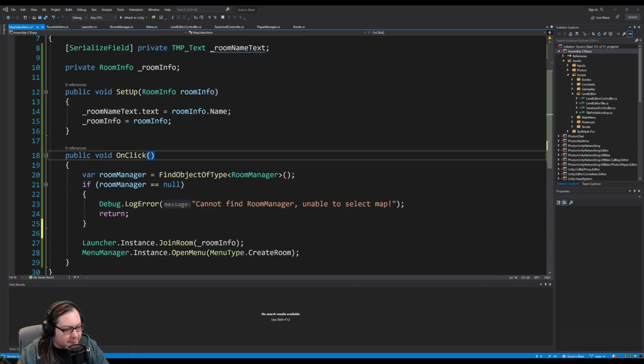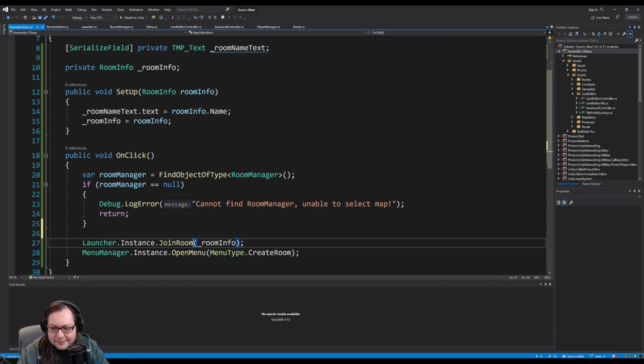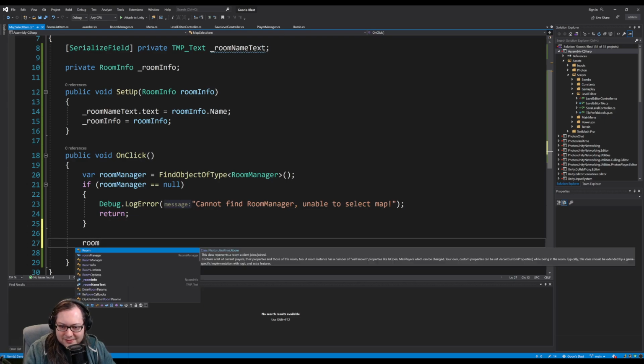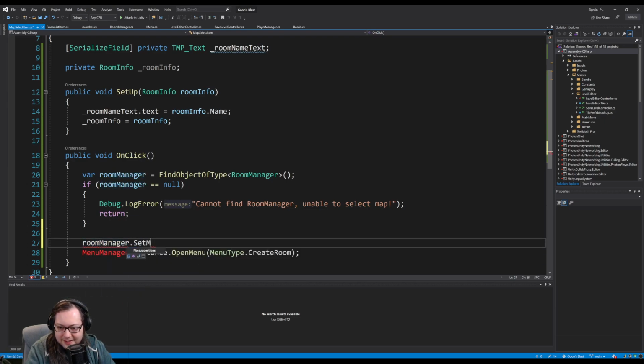So that'll be a helpful reminder when I'm doing stuff in editor, because it won't find the thing I need to set. Anyway, room manager dot set map